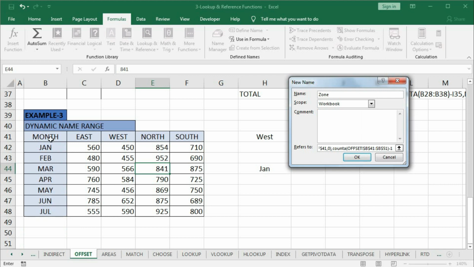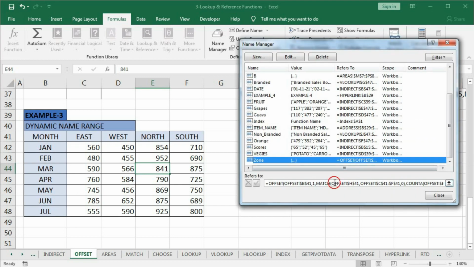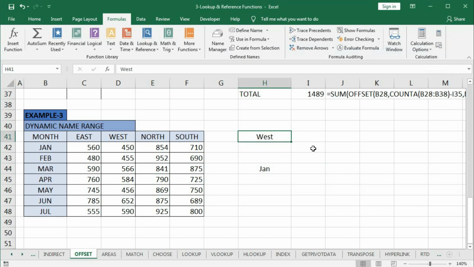If I count 1 2 3 4 5 6 7 8, but the height of the range should be 1 2 3 4 5 6 7. So 8 minus 1 is 7, comma, what will be the width? Width is fixed, it is 1 column, so 1, bracket close, okay. Now if I click here, you can see west is selected. If I close this and type here south,